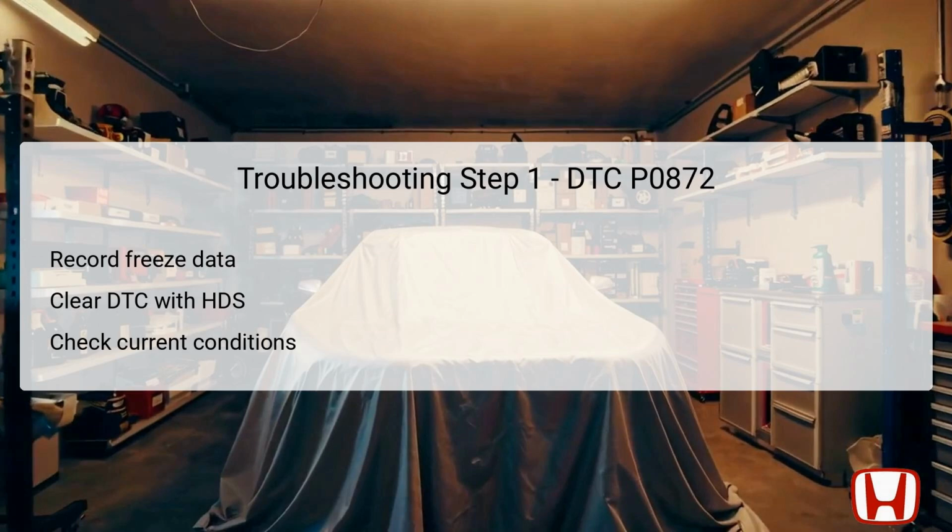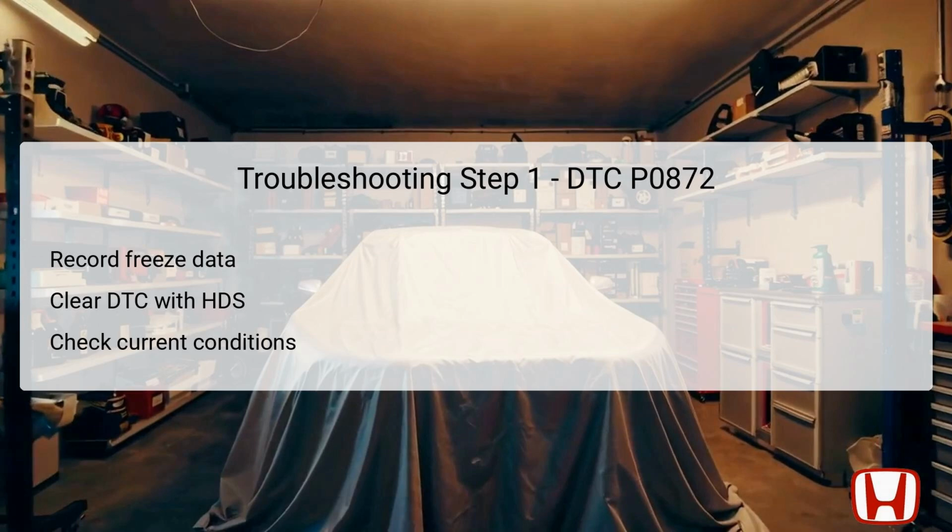Subsequently, clear the DTC using the HDS, resetting the system to check for the persistence of the error. Once cleared, it is essential to monitor the current conditions related to the fourth pressure switch. This requires checking whether the signal parameters meet the specified thresholds. If they are consistent with the expected thresholds, the failure has been confirmed, and you would then proceed to step